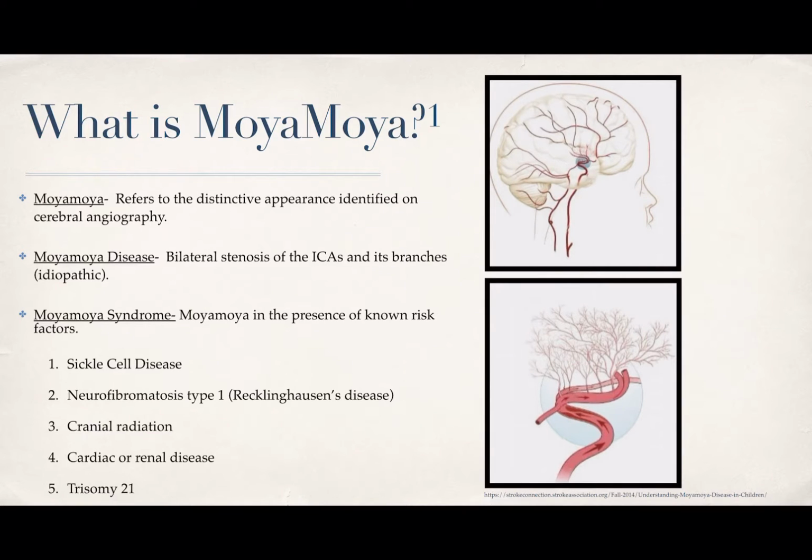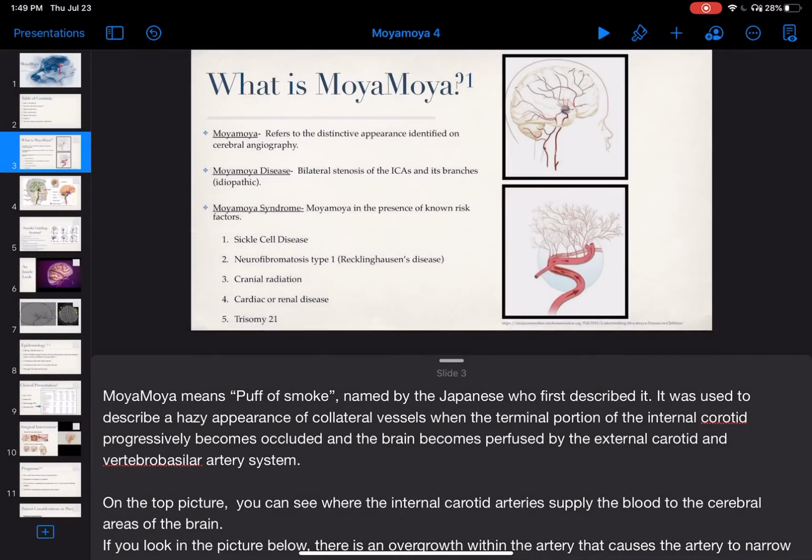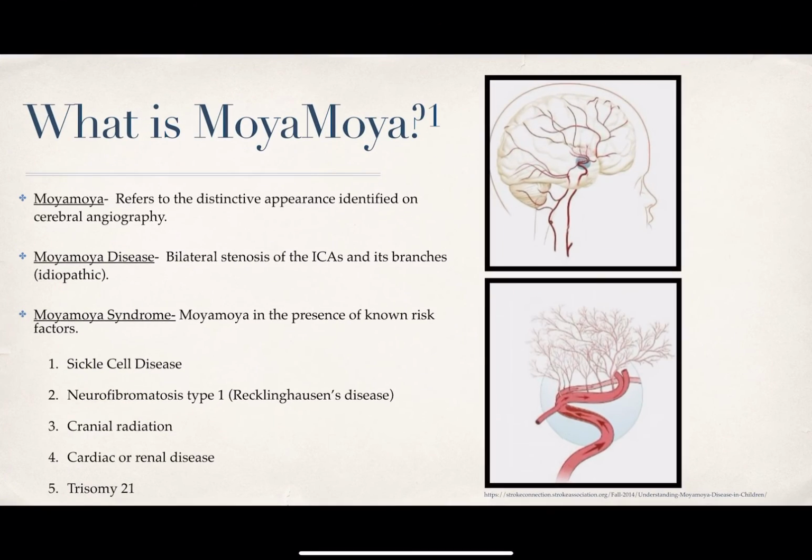So if you look at this top picture here, you can see where the internal carotid arteries supply the blood to the cerebral areas of the brain. And then here you can see where that circle's at, and that's where that terminal portion of the internal carotid, that's where that Moyamoya is beginning. So going up from that internal carotid to the MCA. It kind of gives a good depiction of